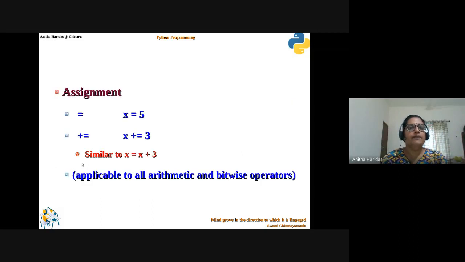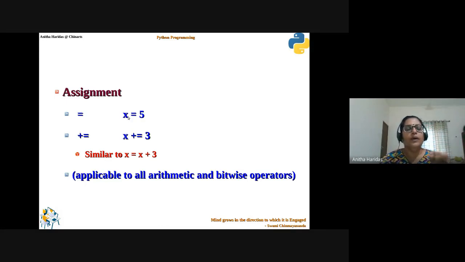Okay. Then we have the assignment operator. It is very much similar to all the other programming languages. If you have an assignment operator, the value will be assigned to the variable. So for the assignment operator, always the left hand side will be a variable and the right hand side will be a variable, an expression, or it can be a literal itself, right? You can have a literal, you can have an expression here, or you can have another variable. So whatever it is, the value of the literal or the value of the variable or the value of the expression will be assigned to this particular variable, which is on the left hand side.